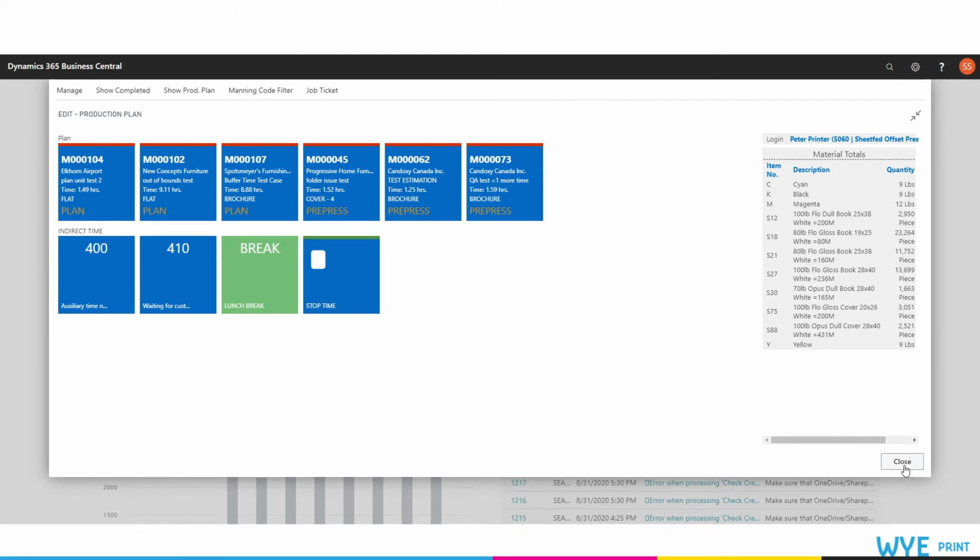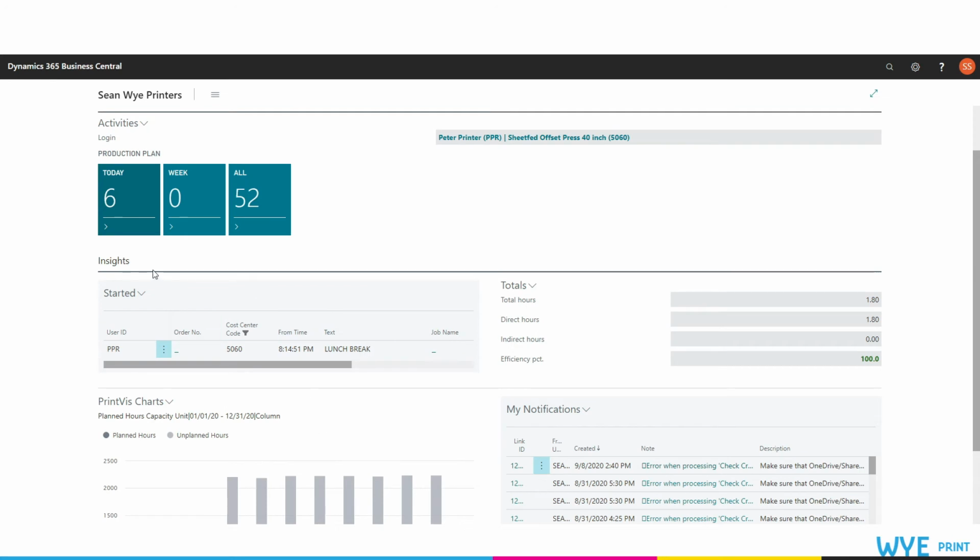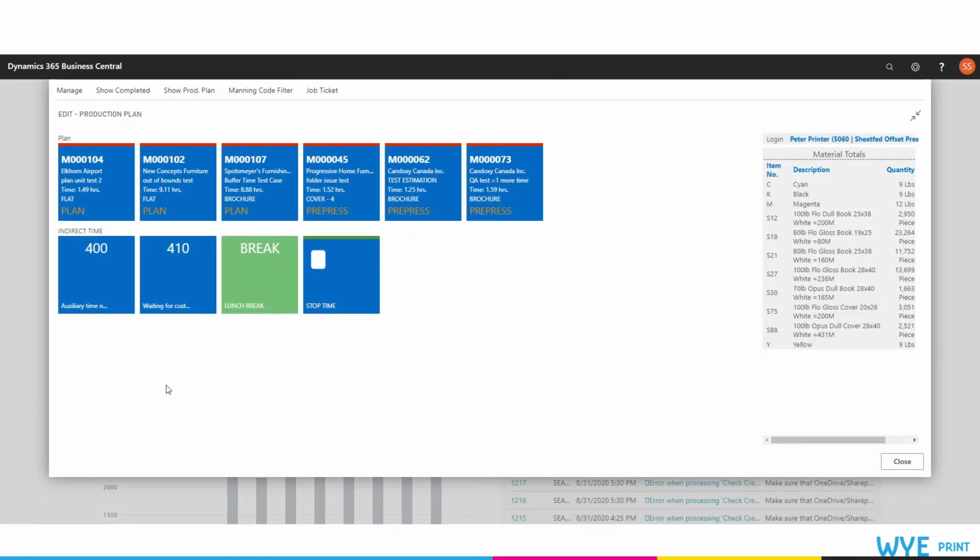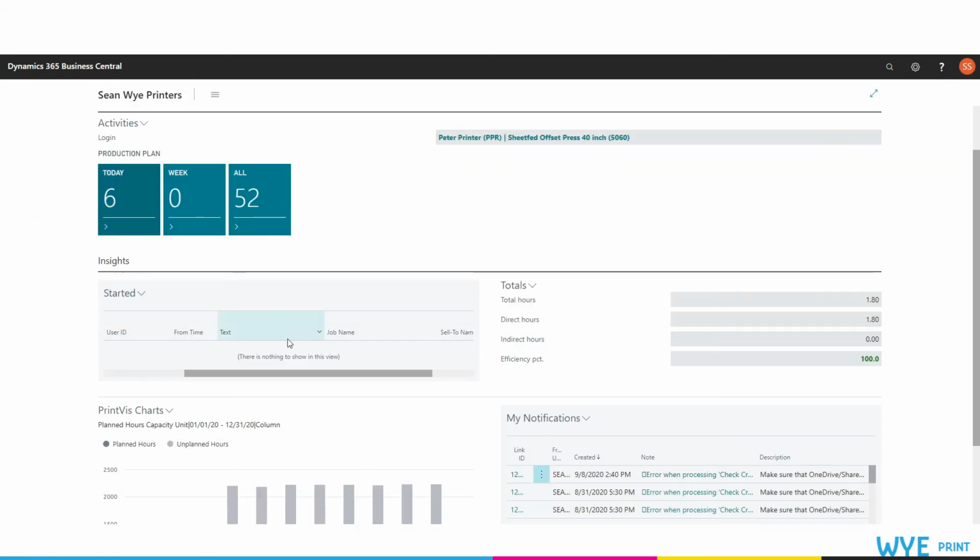I'll click close, and here we can see again under Insights that lunch break is being recorded here. Started at 8:14, and now it'll go until I click stop. So I'll wait a few minutes, and then we'll go right back to it. Now that indirect time has been recorded, click the Stop Time tile here. Click close, and now if we refresh,